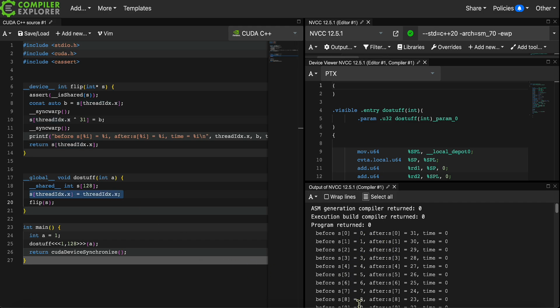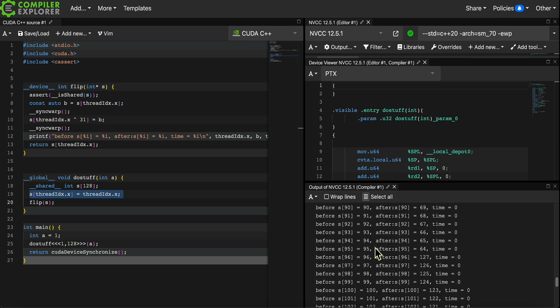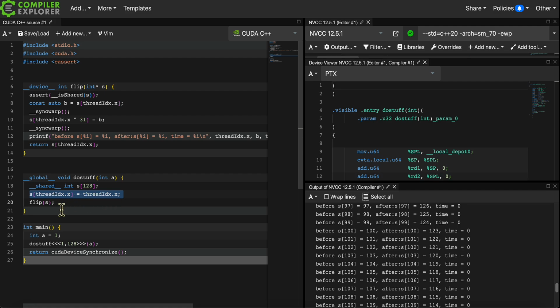This is the before entry that you see printed here, going nicely up until 128. Then we pass that on to flip as an int pointer. We can assert that that thing is indeed shared. And then we load the data from that shared array into B.